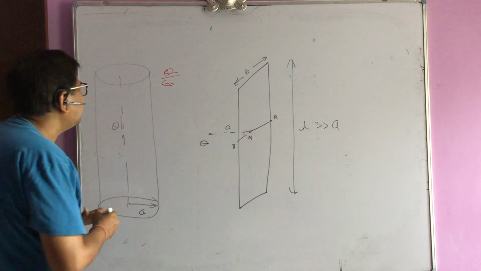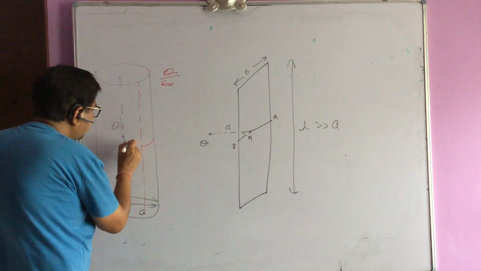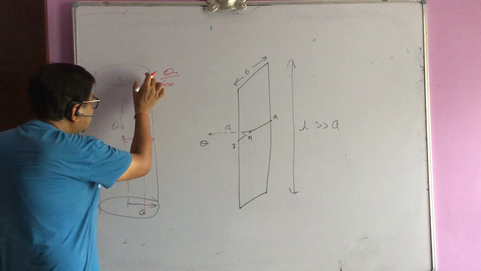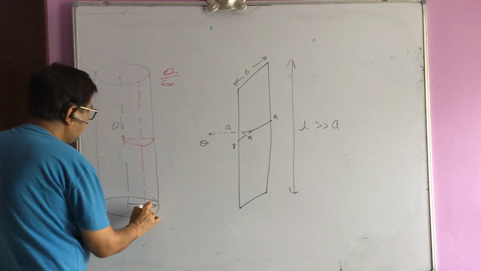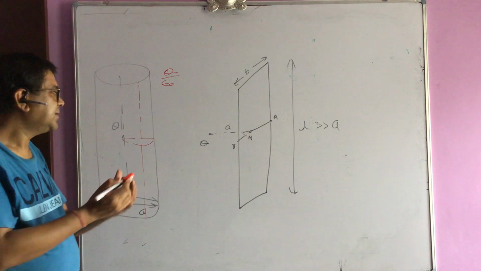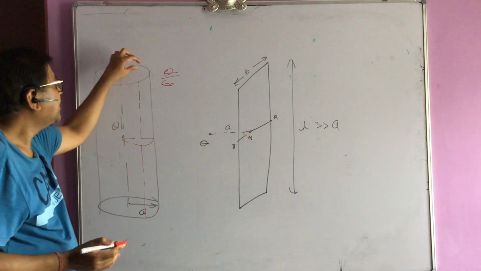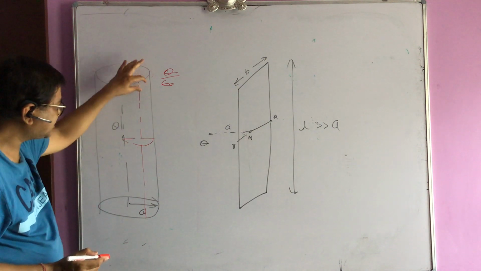If I am taking a part of the curved surface, say for example I am taking this part, and this part is making angle theta. So this curved surface is making angle theta on the axis. So what is the flux through that? I can see here the flux is uniformly distributed in all directions. For example, every part of the curved surface of same